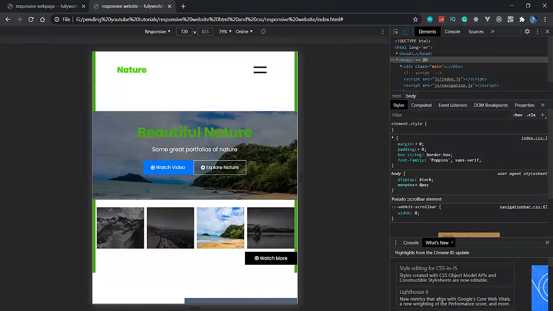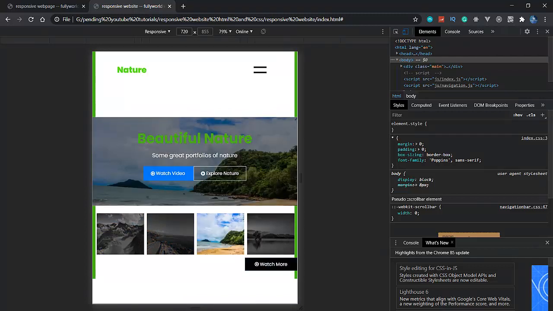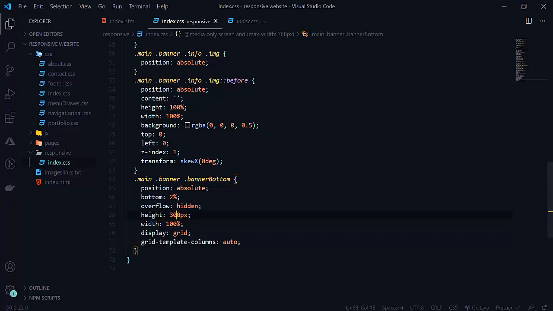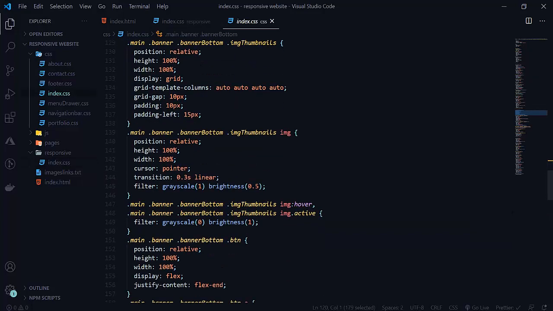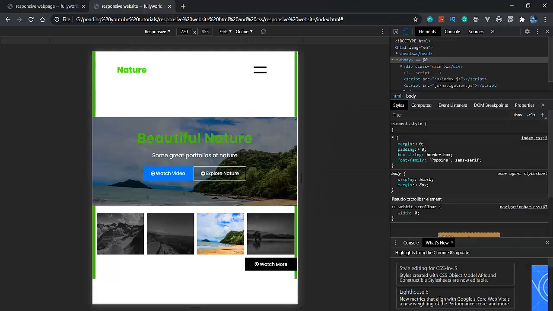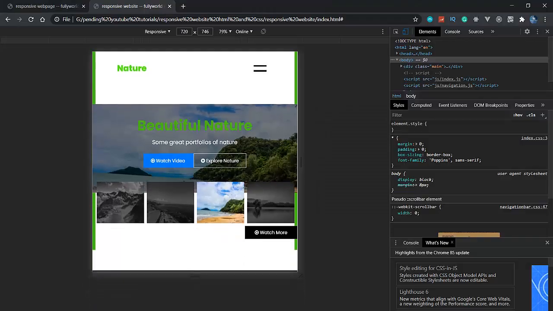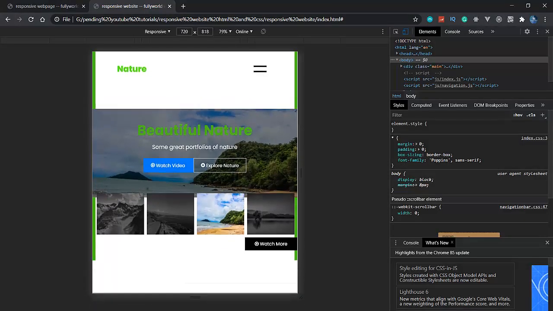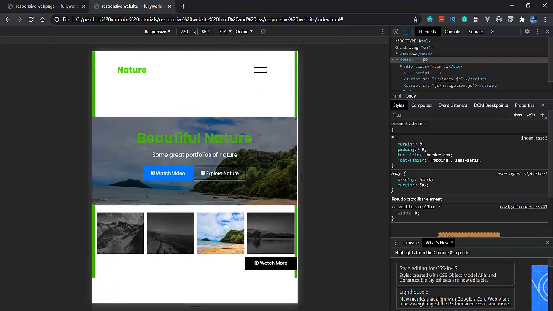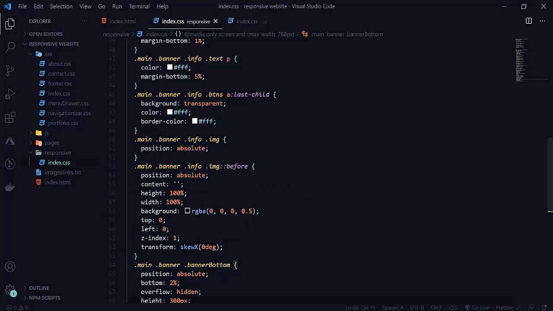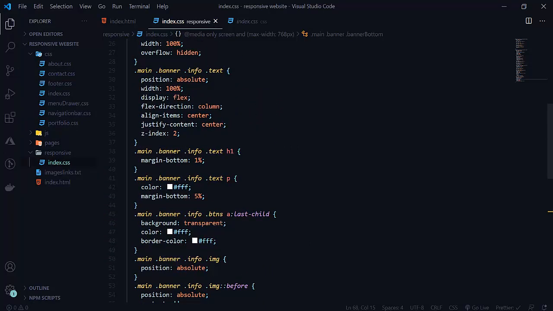So let's change this watch more here. So let's go to index.css, and here we see one thing, it is looking like that here. So we need to make this banner a little bit up here, so our slider a little up here. So I'm going to info here.